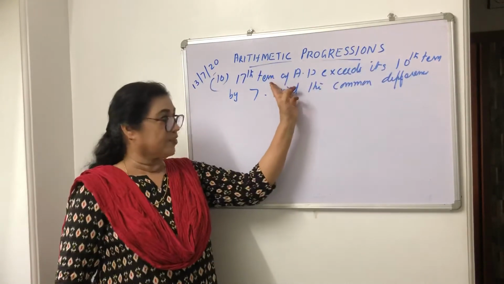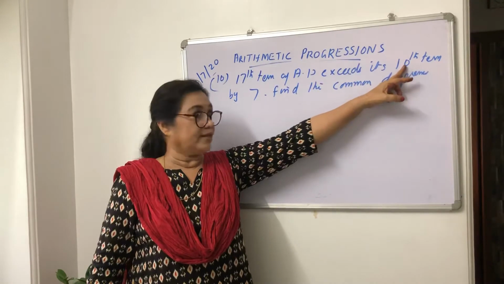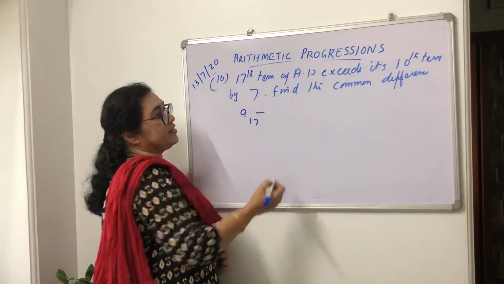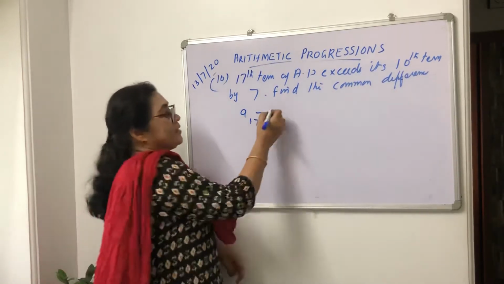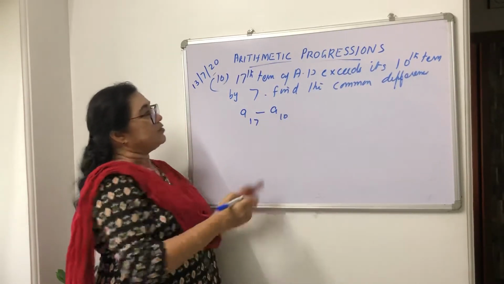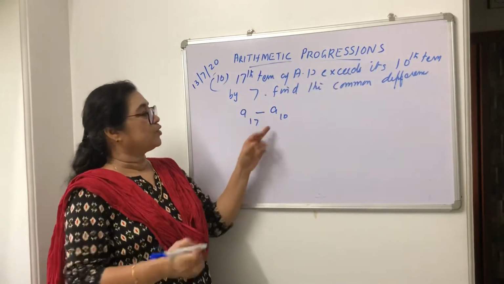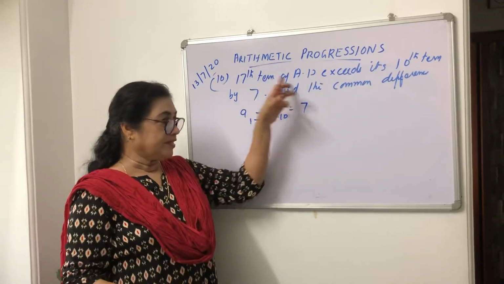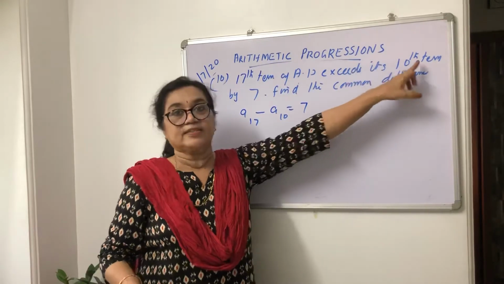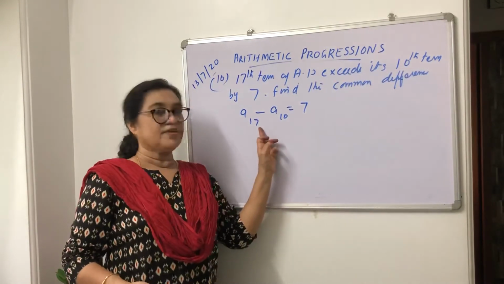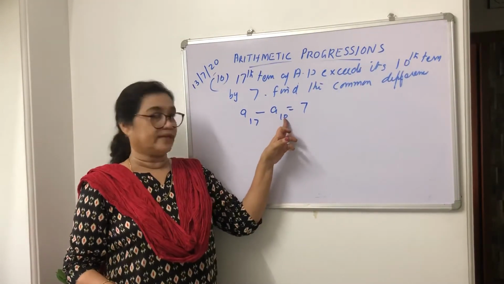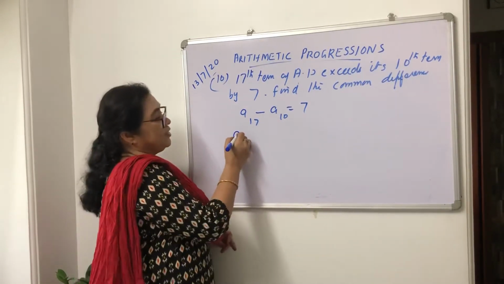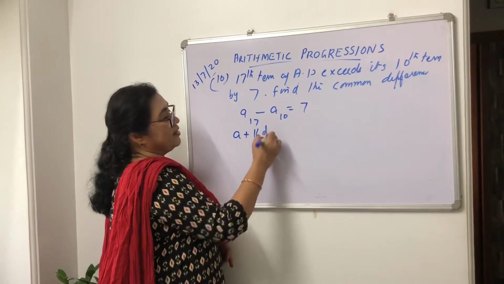So therefore A17 is more than the 10th term. Here A17 minus the 10th term A10. So what is the difference between these two? It is equal to 7. So A17 is exceeding A10. That is A17 minus A10 is 7. So it is A plus 16D minus